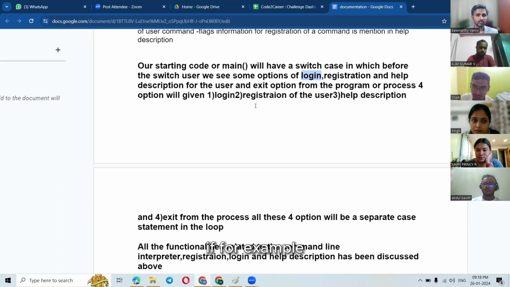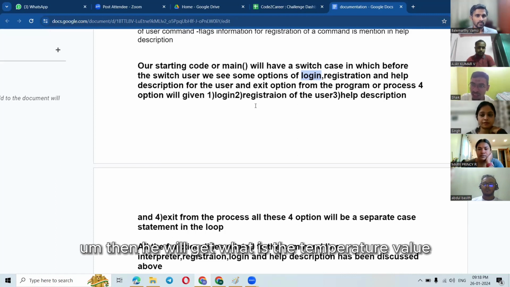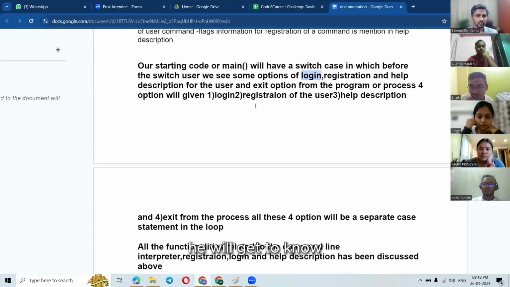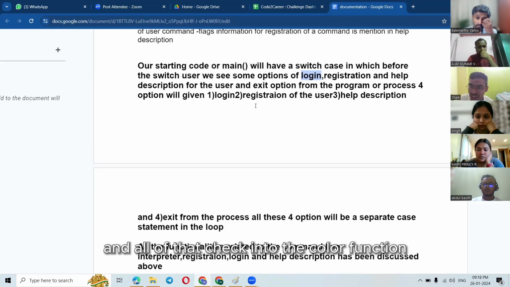If for example, along with temperature he puts hyphen on, then he will get to know the temperature value, whether it is above 30 or below 30. And just like that, we will have some other character like C for day, night, something like that. And all these are checked in the command line function only.